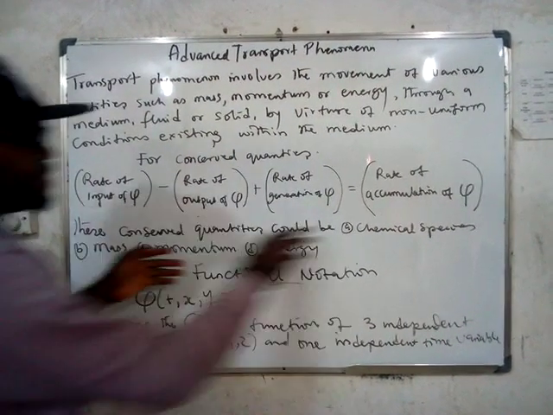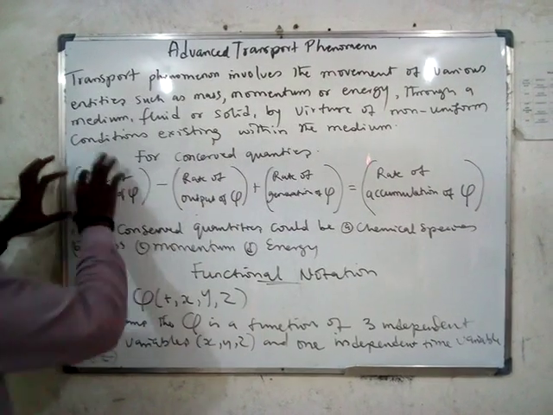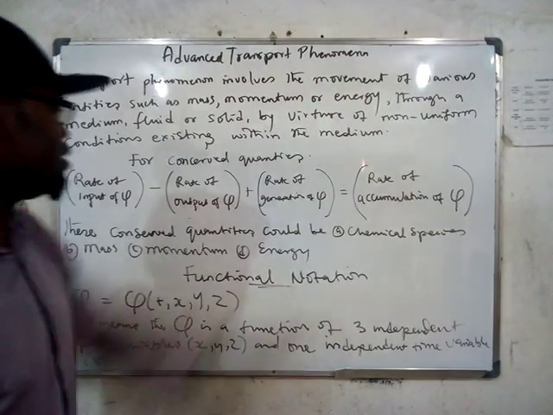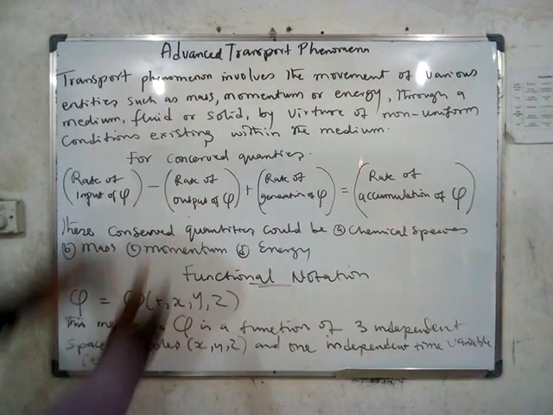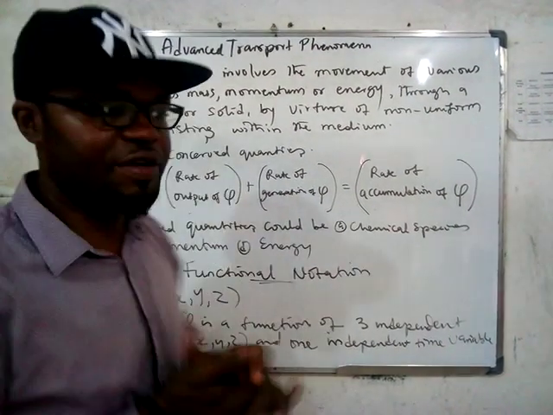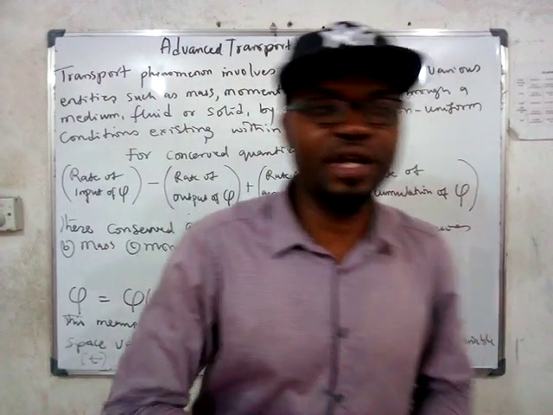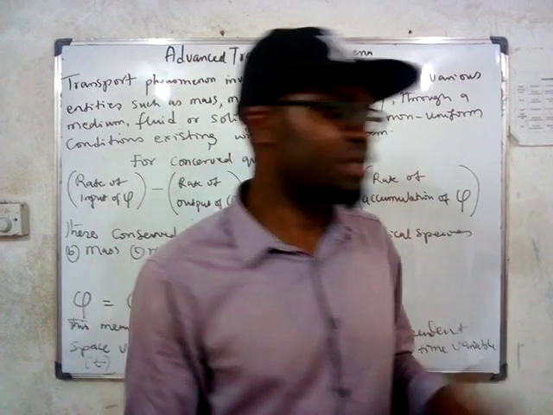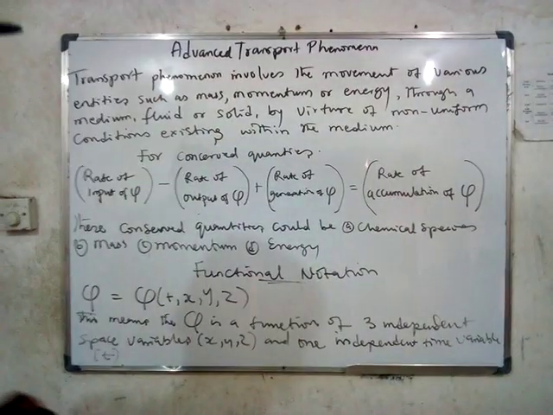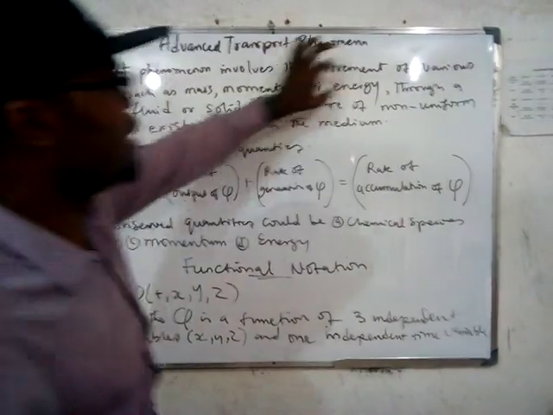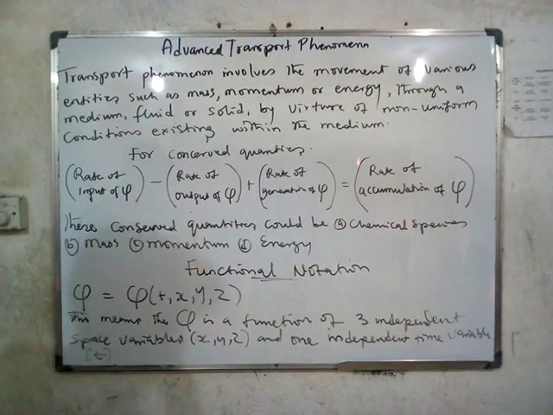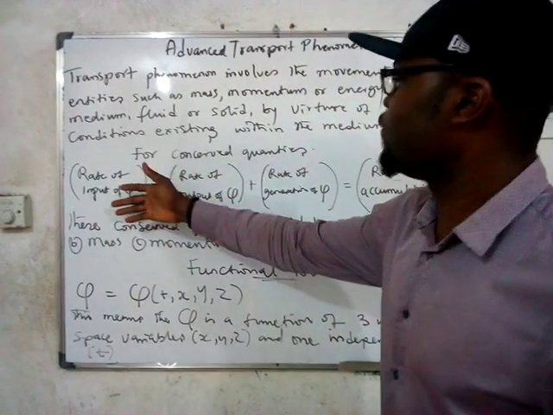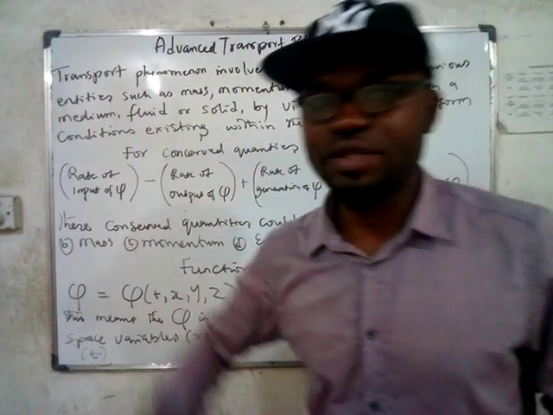So any of these quantities that can be conserved, you can always write this general conservation rate for them. When you break it down now, you get the various equations, like the Fourier's law equation, the Fick's law equation, any of those, which are specific for any of the entities that can be conserved.